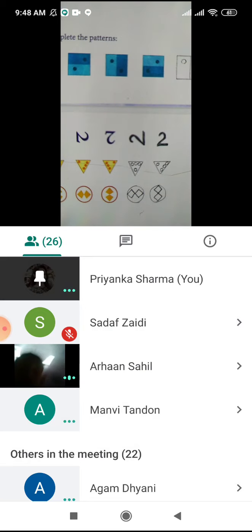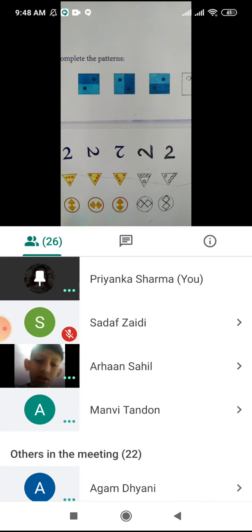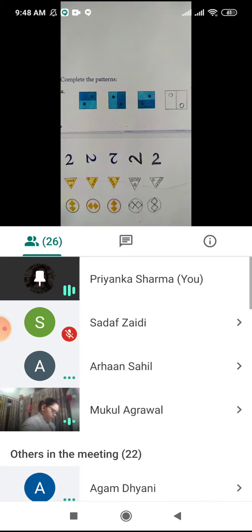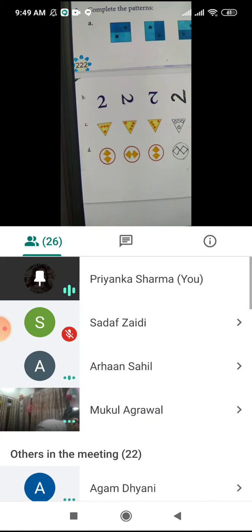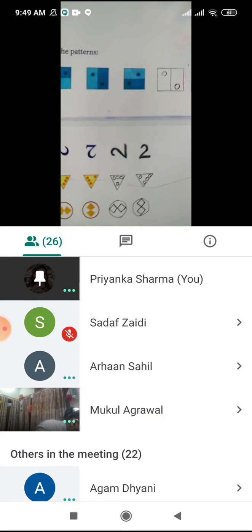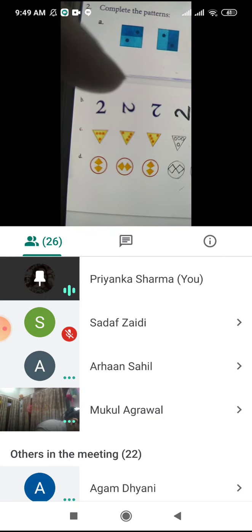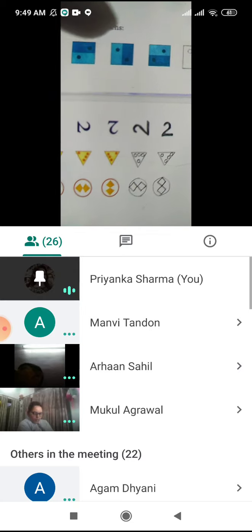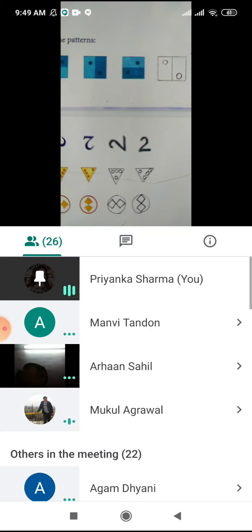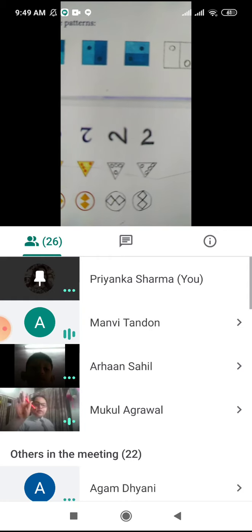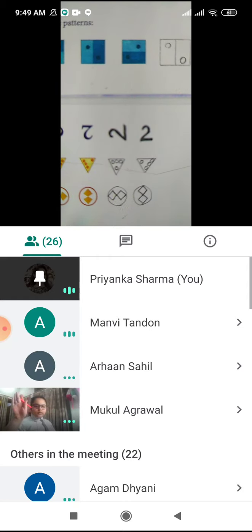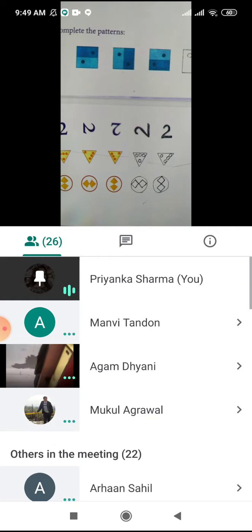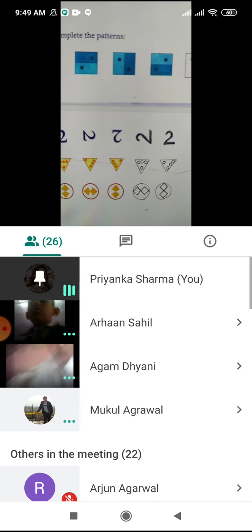See here in the camera. First the two is straight. Can you see? First, two is here straight. Then two has turned from here till here clockwise. Then again one more rotation clockwise. It has come downward. So now where will the two go? Make two like this, and then in the next figure make straight two. Means it is rotating 90 degrees. One fourth rotation it is taking.